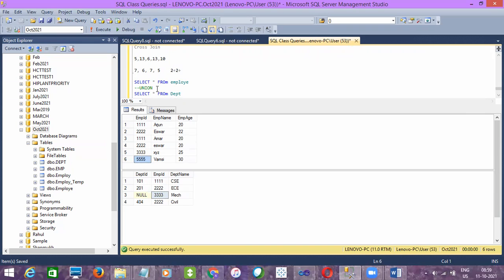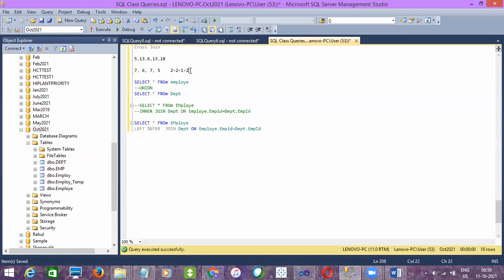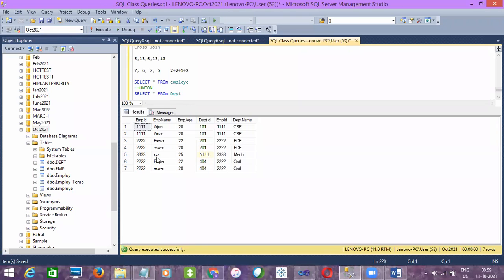So 1. And then 2222 again, 2 times. Right? It is 7 records, right? And then 5555 will not be retrieved as output. If you want, I can just show you here. You just need to change the syntax to right outer join. That's it. Yeah, 7 rows. Okay.